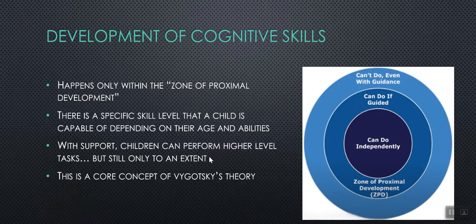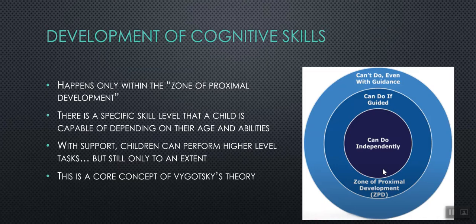So this is probably the most important. If I could have you walk away with one thing from this week's information, it would be the idea of the zone of proximal development. And so this picture here is a visual representation of it. This is probably the most important core concept from Vygotsky's work, and this is what he's extremely well known for. So basically, Vygotsky believed that cognition or cognitive development happens only within the zone of proximal development,